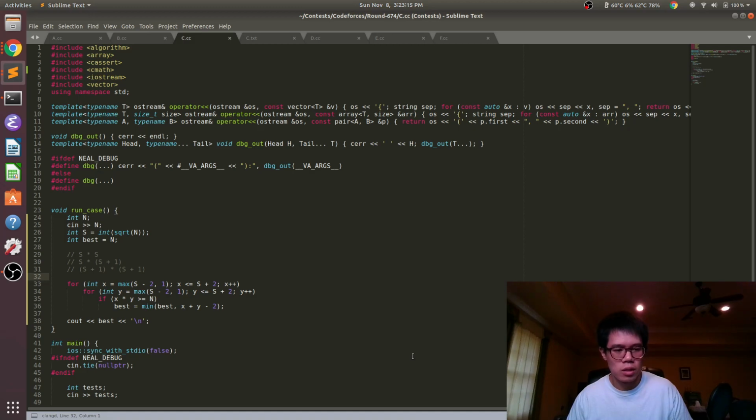And another thing you can do is stress test your code. It's kind of a last resort in some sense, where you write a slower solution and then run a bunch of random test cases and compare your solution and the slow solution. But that's a longer topic, so I won't get into that too much for now.